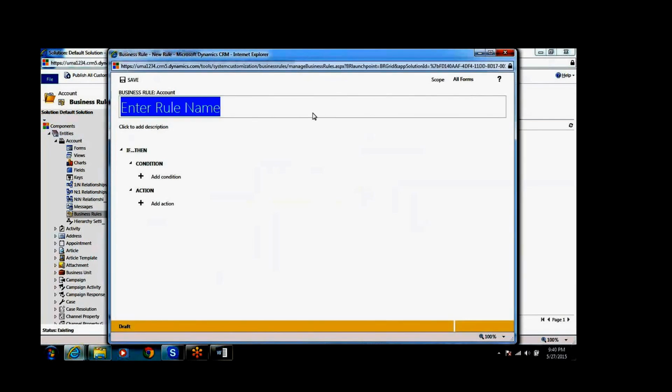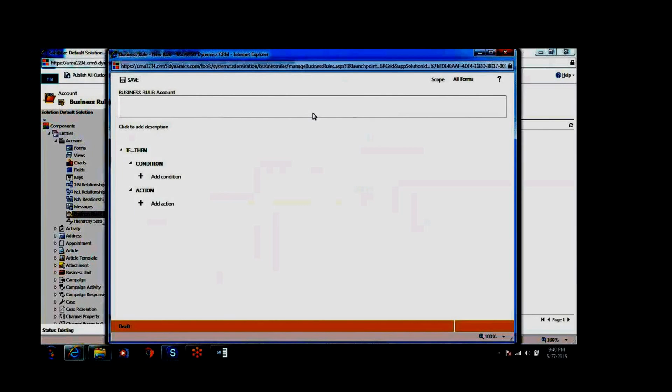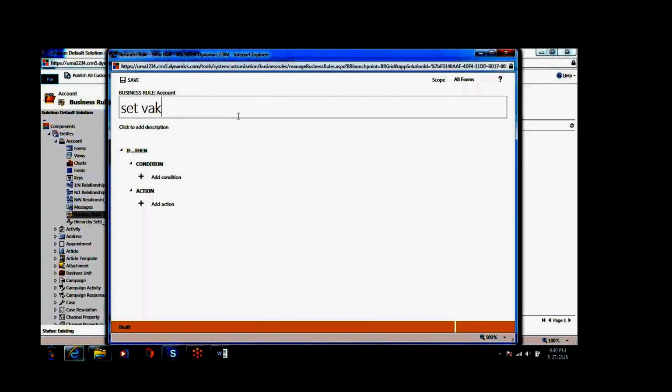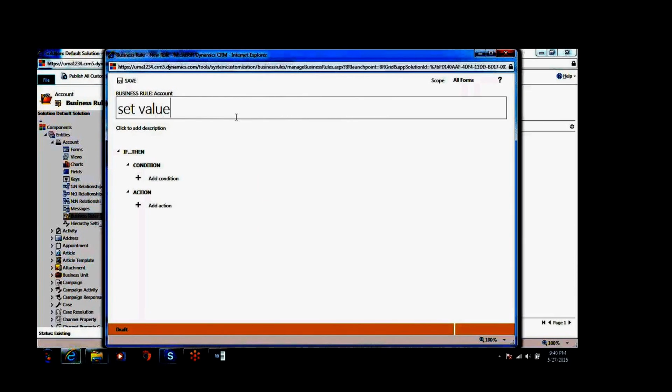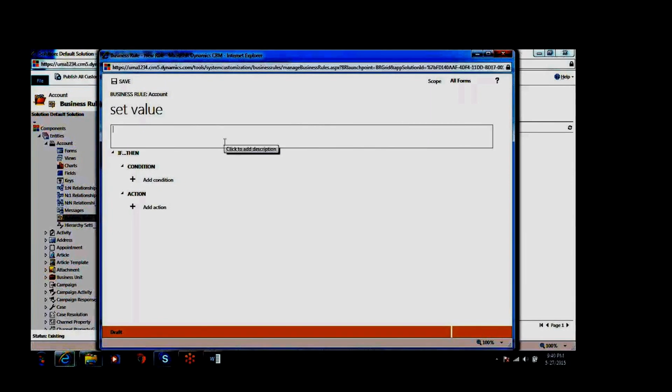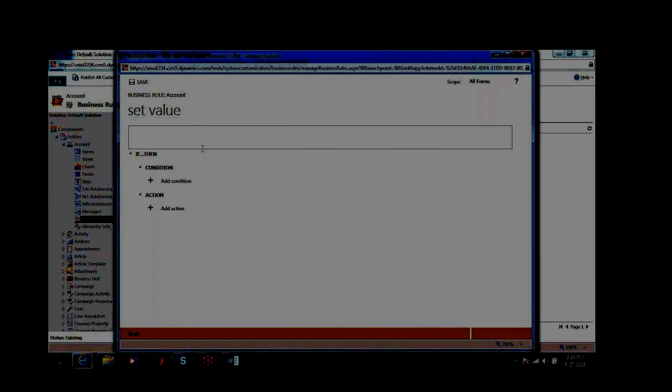Enter the name of the business rule, suppose setting the value, and you can enter some description.